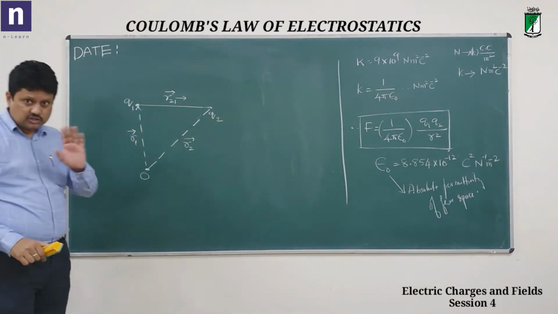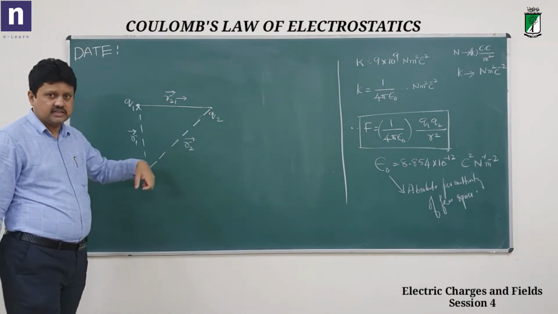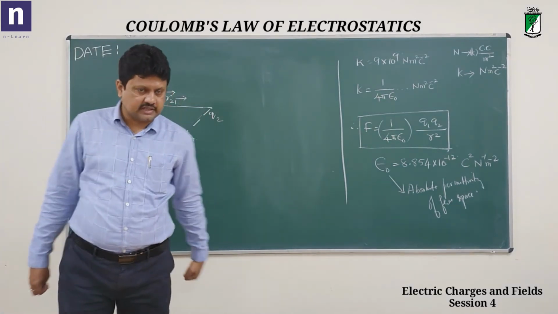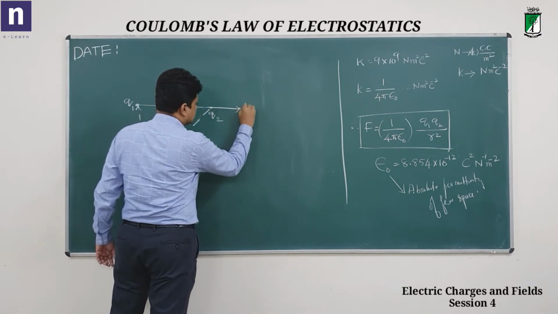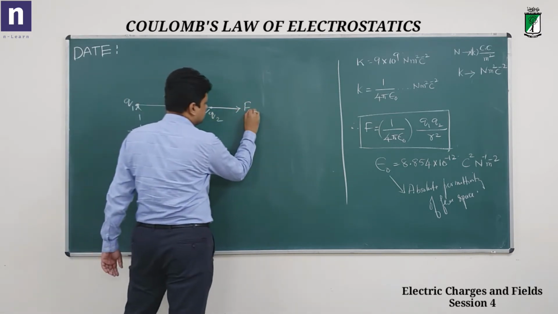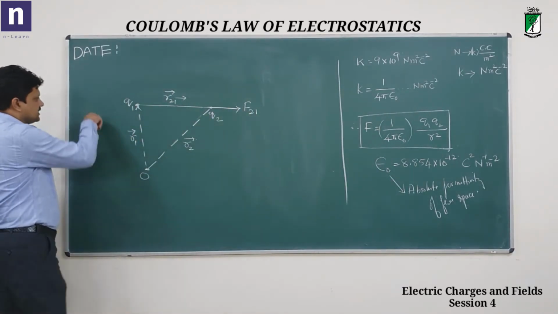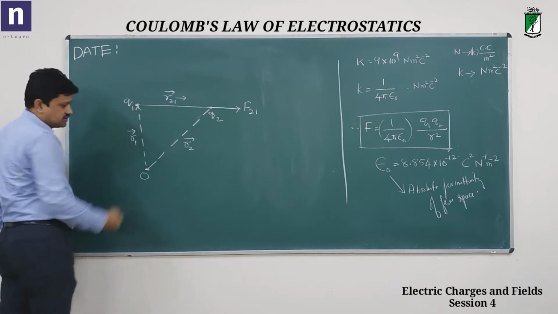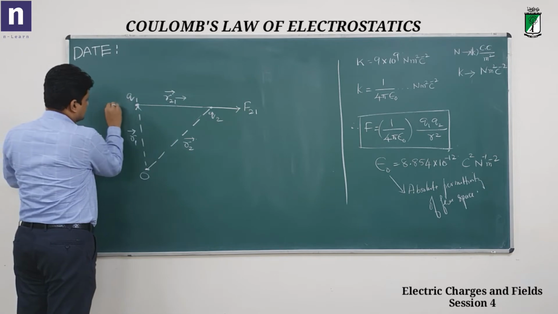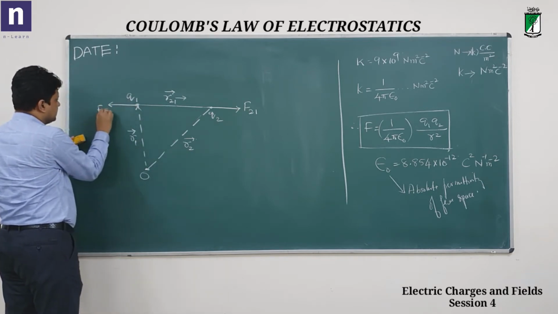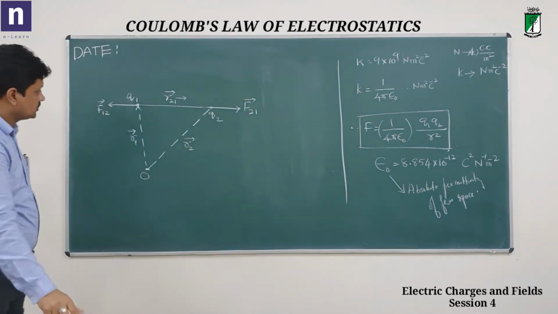Now if you assume the two charges here are identical, say both positive, in that case it's a repulsive force. So on charge 2, the force is in this direction. I'll call it F on 2 due to 1, the force on charge 2 due to charge 1. On the other hand, on Q1 it is the force on charge 1 due to charge 2, which is F12. So both are vectors, of course. So this is the force.